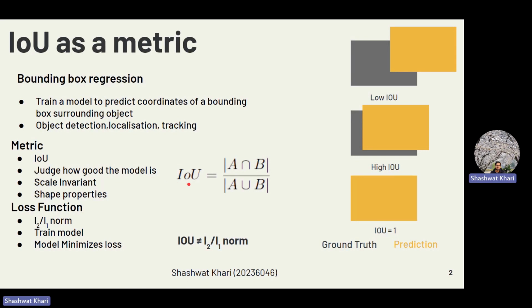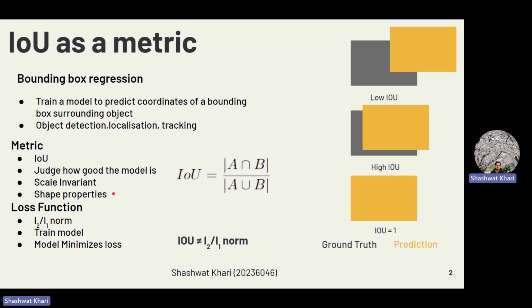Normally, people use IOU as the metric, which is just the intersection of A and B divided by the union of A and B. So you can see something like this would have a low IOU. This is a high IOU. This is just one because A intersection B equals A union B here, right? The reason why they do that is because it has got two very good properties. It's scale invariant, that is, it does not vary as you vary the scale of the object,